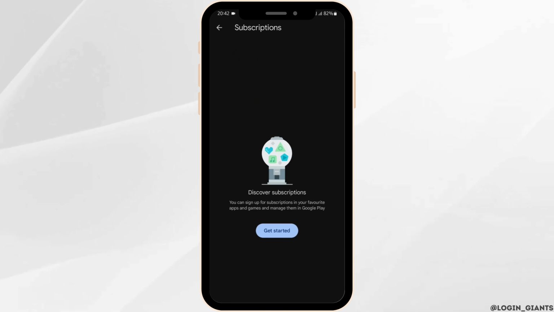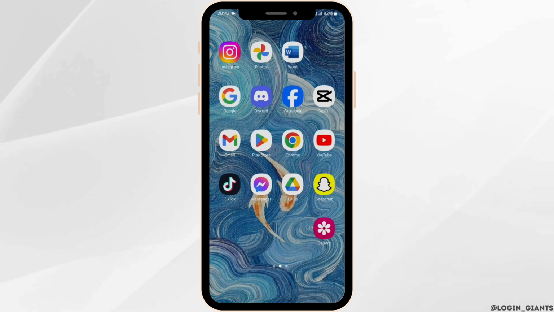If you have any kinds of subscription related with this account, it will be displayed at this page. And in case you see POF as well, go ahead and tap on Cancel. So in case of Payments and Subscriptions, it is very easy to cancel because you don't need any third-party application